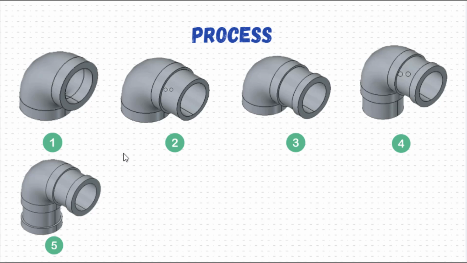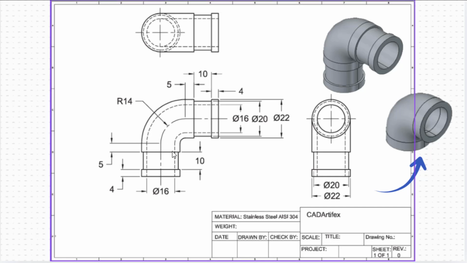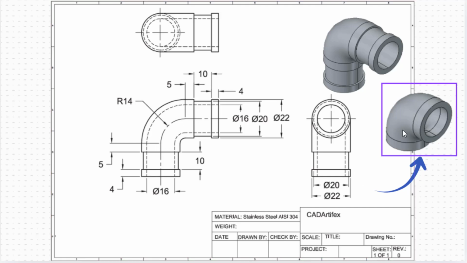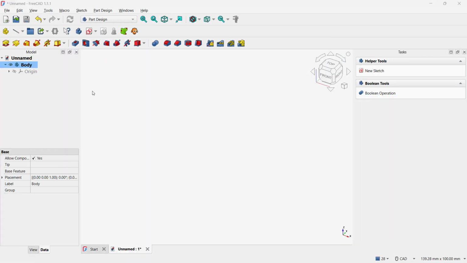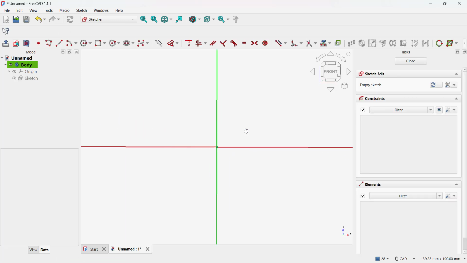So let's go to the technical drawing of our first feature. So here is the feature we are going to create and our feature will look like this. So in front view you can see this outer profile which is of diameter 22. So we'll be creating a circle, then a path of radius 40 to get this profile. So let's begin. We'll begin by sketching on the front plane. Select front plane. Take polyline and from origin